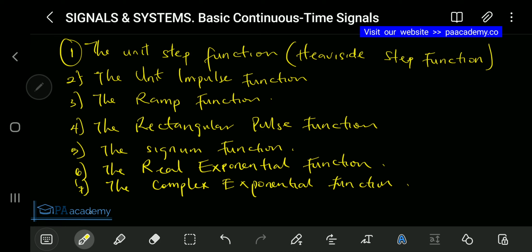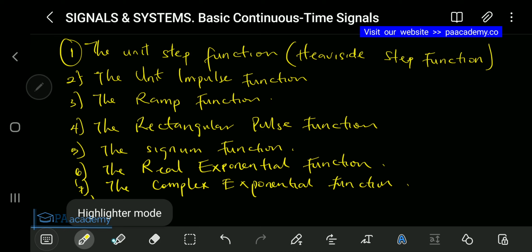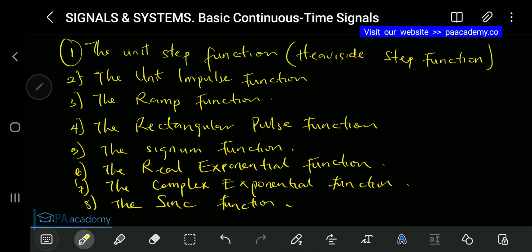While the last one we are going to be looking at, which is number 8, is the sinc function. So these are the 8 basic continuous time signals that we are going to be looking